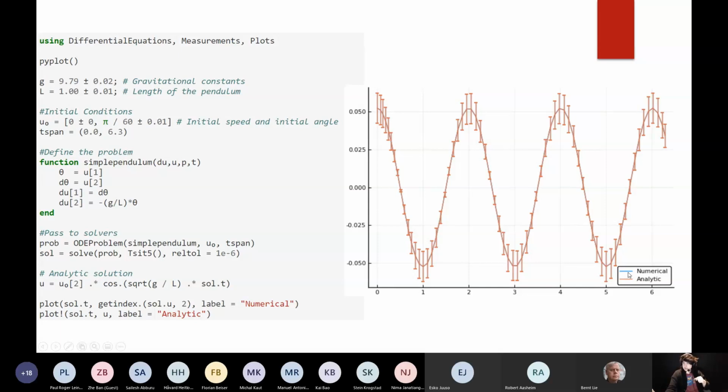It's hard to see that there are two solutions in here because they're exactly on top of each other, right? You get the same solution as the analytical solution to 6 digits of accuracy, and the error bars match to 6 digits of accuracy. This is uncertainty quantification in an algebra, making it so the differential equation solver is compatible with all algebras, and just making it recompile on the fly with JIT compilation for this new uncertainty quantification.